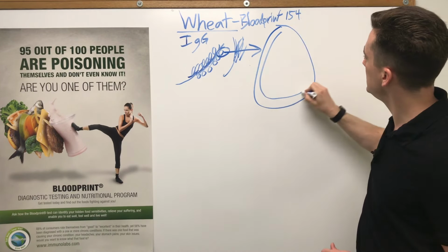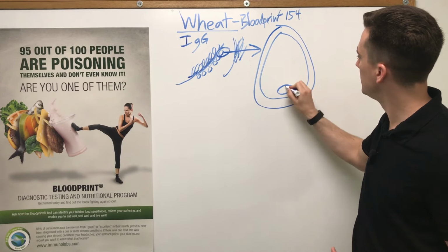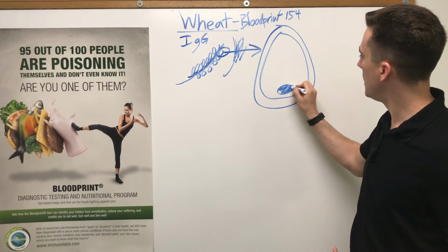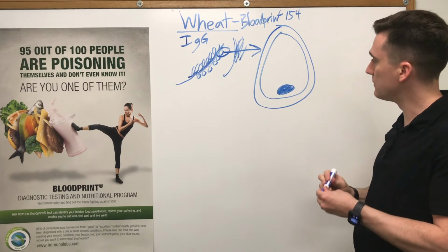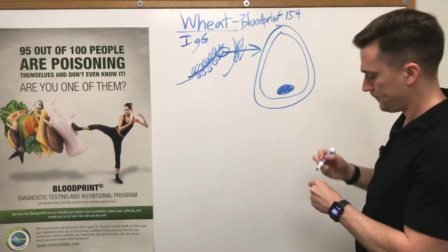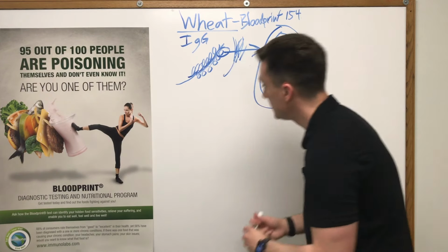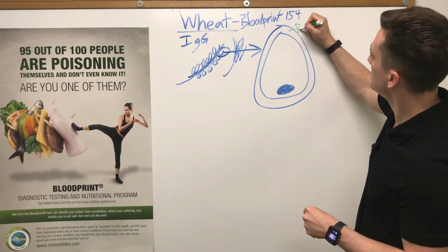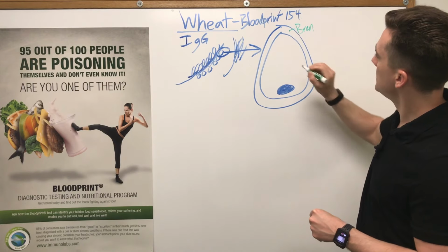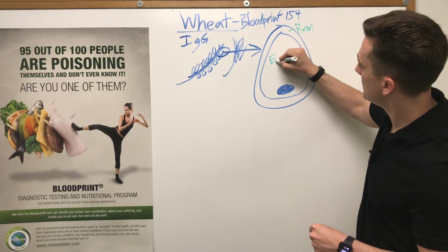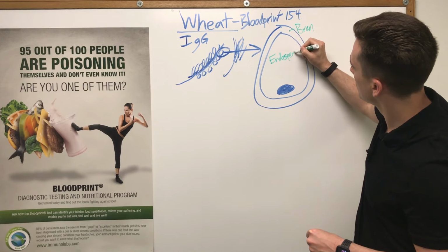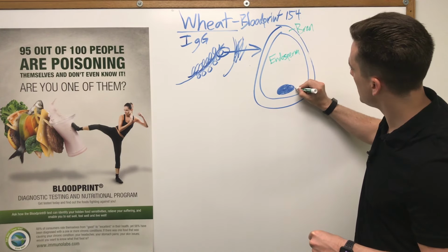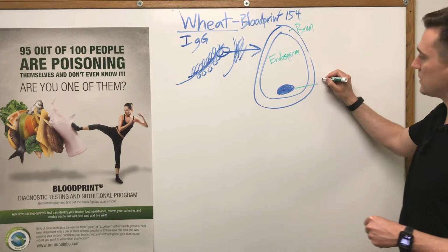So this is a crude drawing of a wheat grain. So what we have in the different parts is this part is the bran. This part is the endosperm. And this little dot here, that part is called